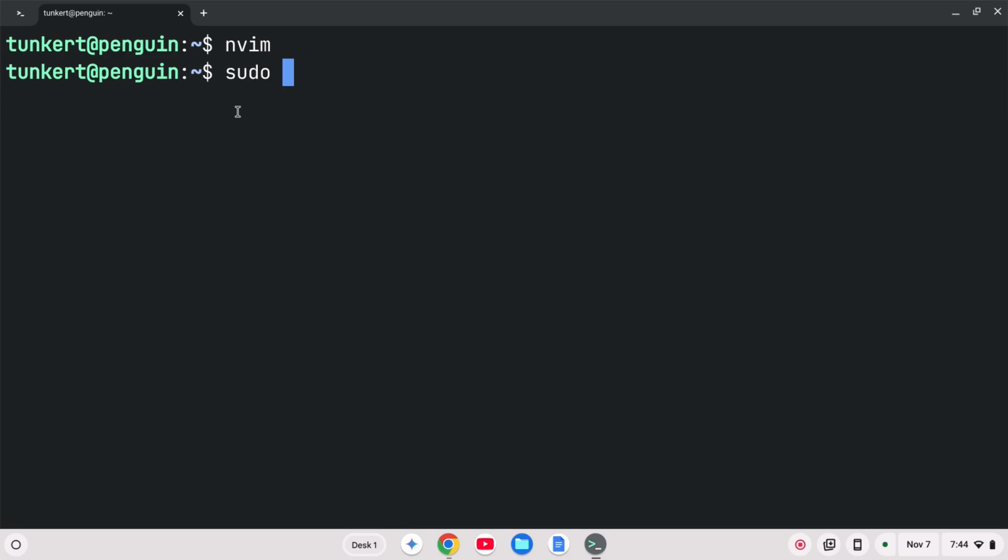Okay, so now if I type in nvim, there we go. We go right into Neovim. So we've got it aliased correctly. That's pretty cool. So I want to increase my font here just so you can see what I'm doing, because